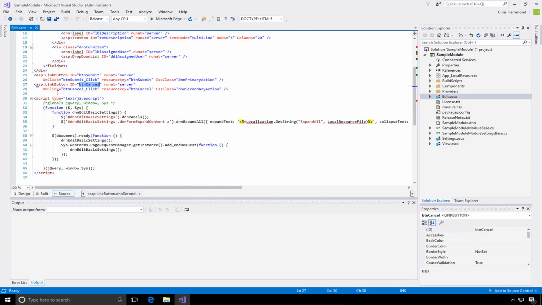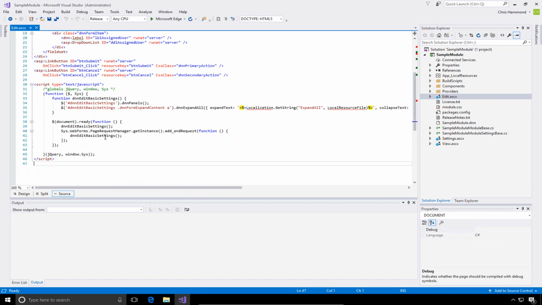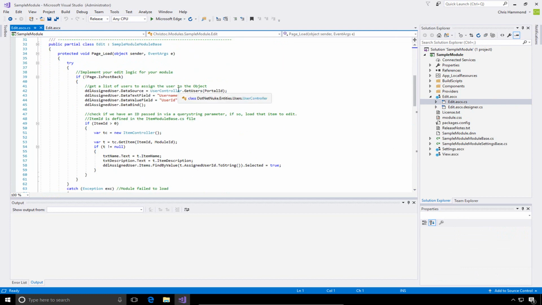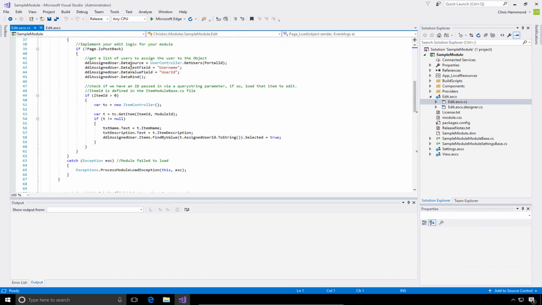After that, we have some JavaScript on the page that controls some of the expand and collapse functionality within the module. It's just a sample. For this module, it's really overkill, but it's good sample code for you to see. Now in the code behind for the edit control, in the page load event, the first thing we do is check to see if the current request is a postback or not. If it is not, then we get a list